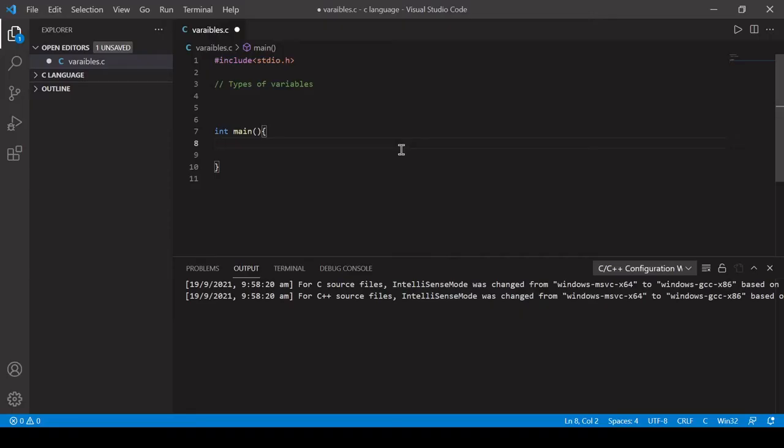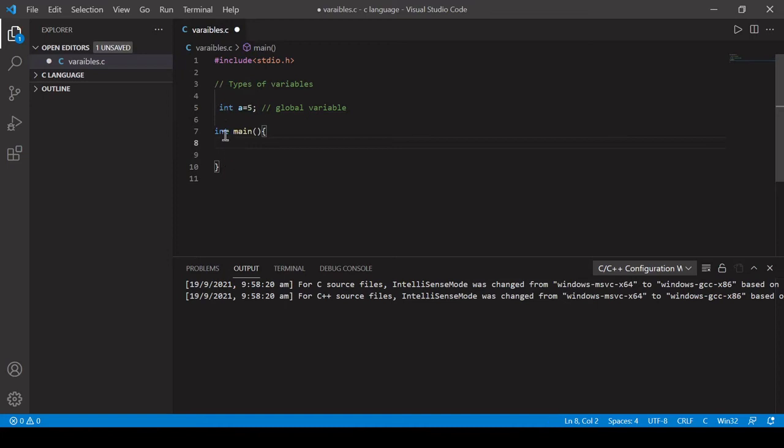Here let's see the practical implementation of the types of variables. First one is global and second one is local. As we have seen in the theory, the global variable is always declared outside the function, outside this block. So let's declare a global variable, integer a equal to 5. And let's declare a local variable.